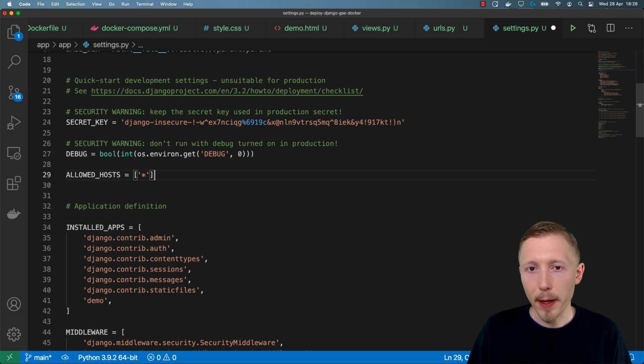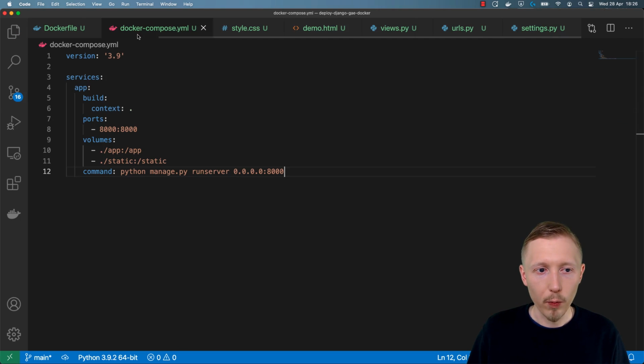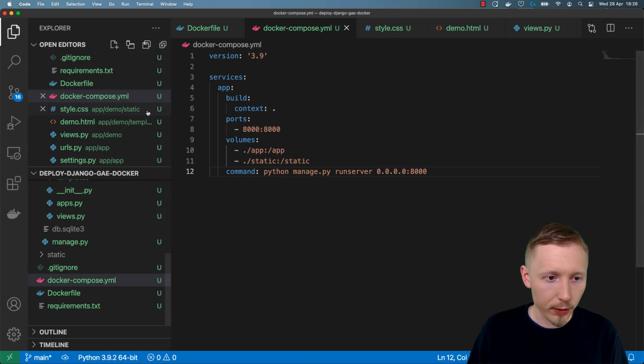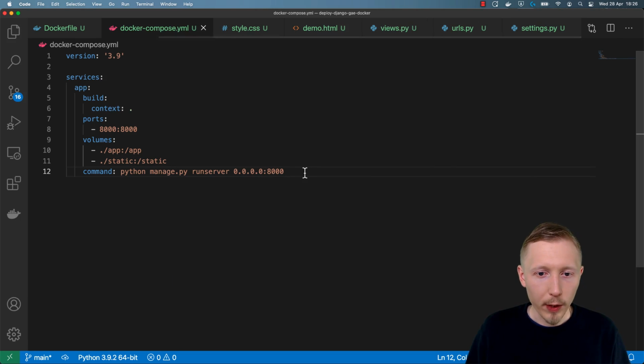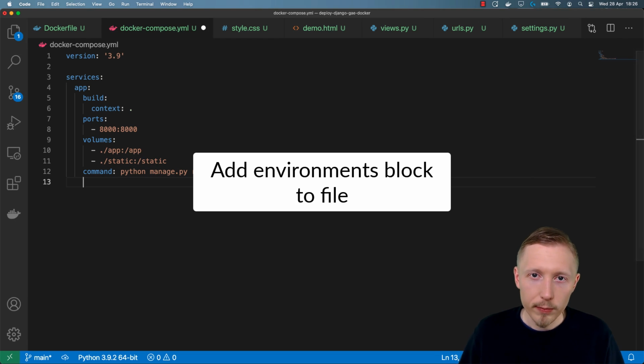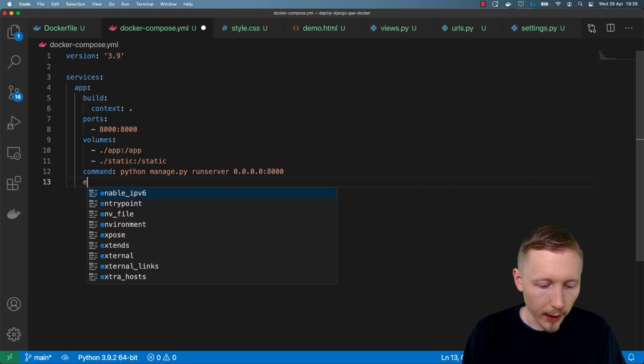So save the settings.py file, and then we are going to head over to docker-compose.yml, and you can navigate to it here if you want. Open up that file, and we're going to add the environment block to the bottom of the file. So we'll do environment: